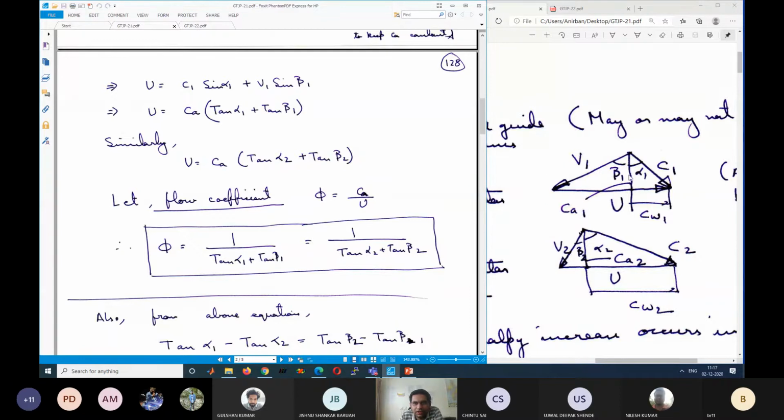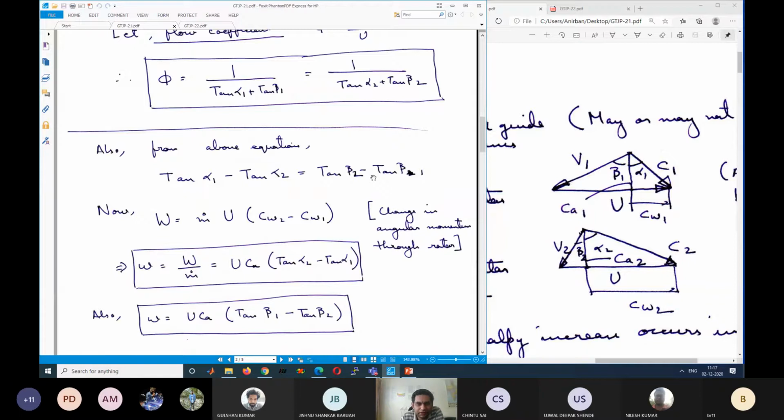If you can draw the velocity triangle correctly, the only thing to remember while drawing it is that beta 2 will be less than beta 1 and u is constant. So automatically everything will be easy to remember. Once you know that beta 2 is less than beta 1, you know that this point is shifted to the left, and u is same. So it means that alpha 2 has to be greater than alpha 1. So the only thing you need to remember is beta 2 is less than beta 1, and u is equal.